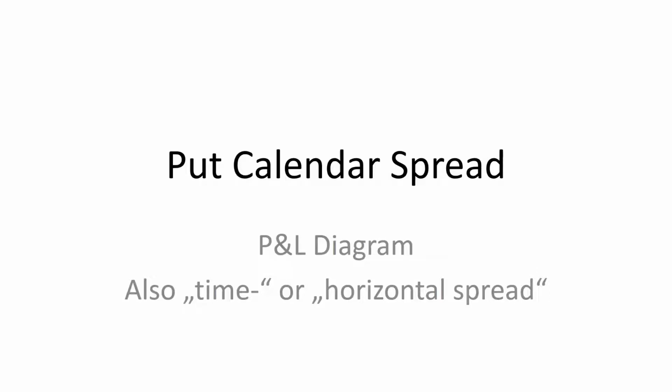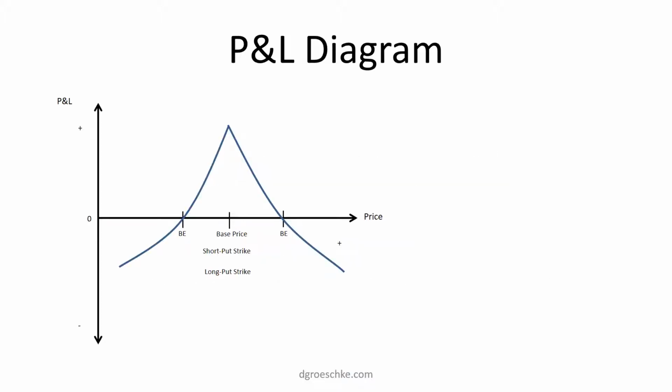This video will be dealing about put calendars, also called time or horizontal spreads. Put calendars are market neutral debit trades. Depending on where you center your strike, you can eventually adjust your outlook to be a little bit more bearish